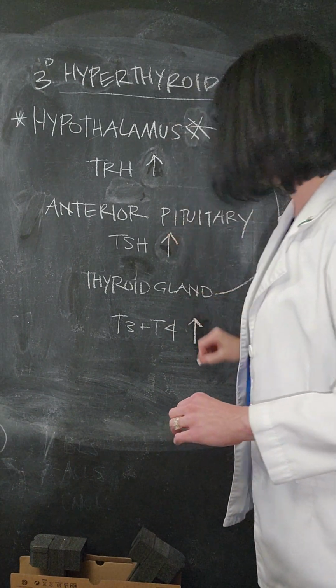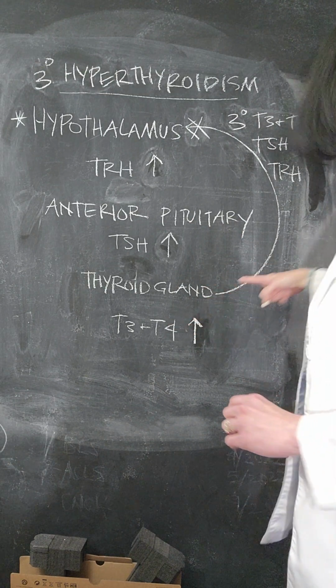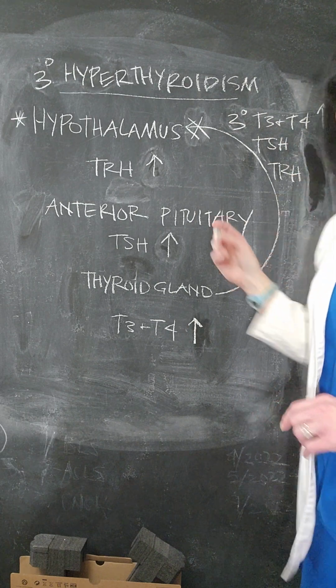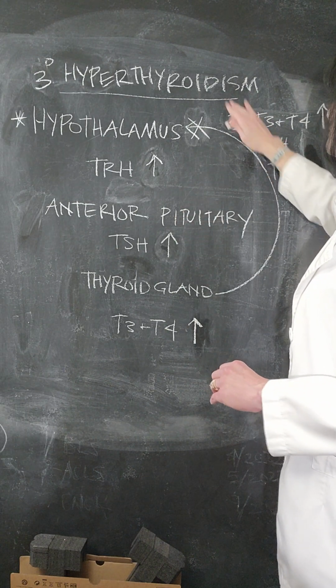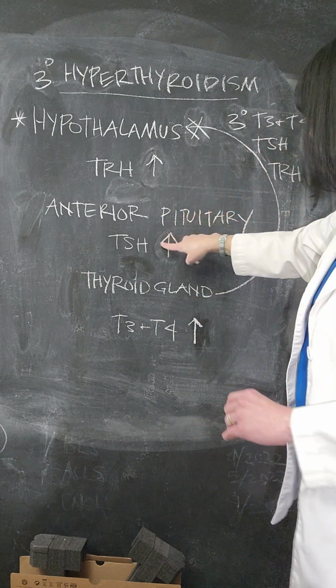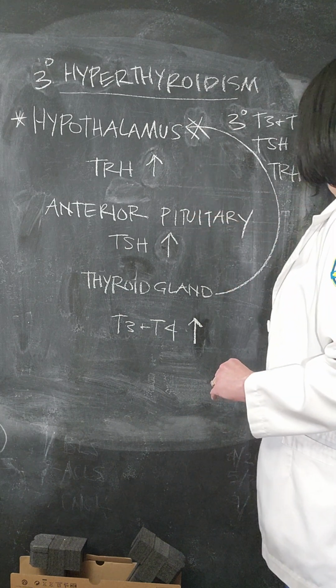TSH is also increased. So T3 and T4 stay increased in the blood levels. So in tertiary hyperthyroidism, not only are T3 and T4 increased, but TSH is also increased, as well as the thyroid releasing